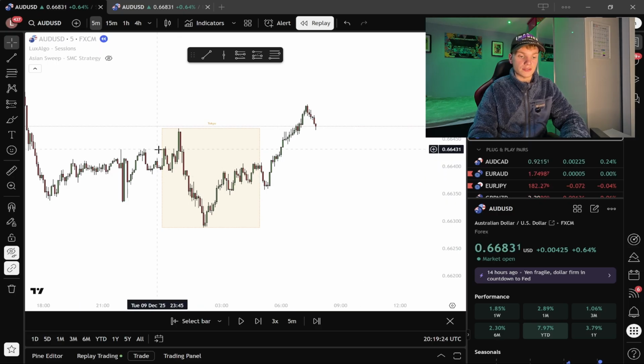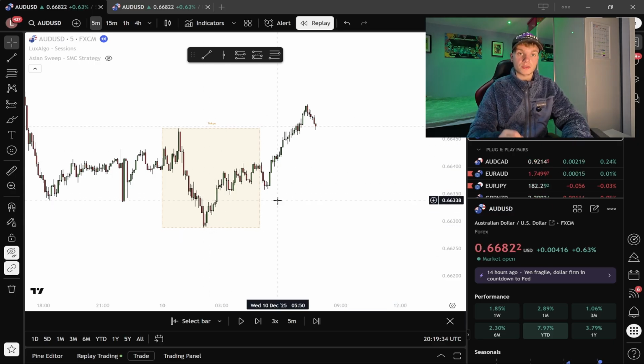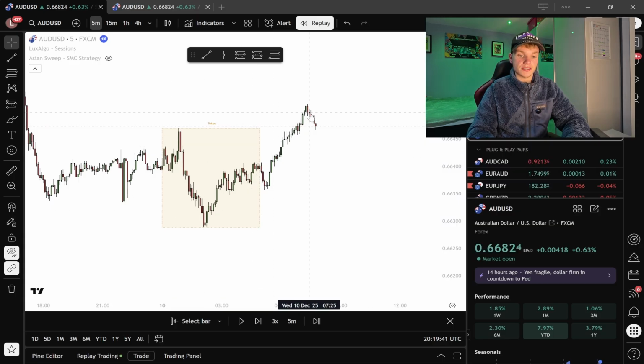As you can see here, we entered into the market, we pushed and we formed a high, we formed a low, and we were generally ranging within this period. So this was a valid example of an accumulation period that I could go ahead and look for a manipulation entry. Once we had this session present itself and we entered into the London session volume at around 8 AM UK time,